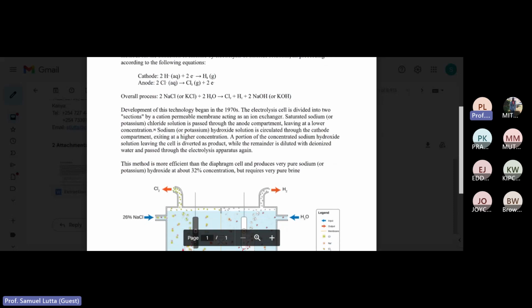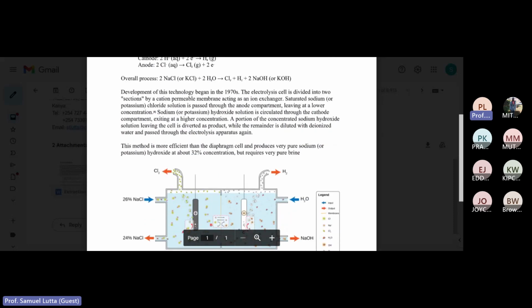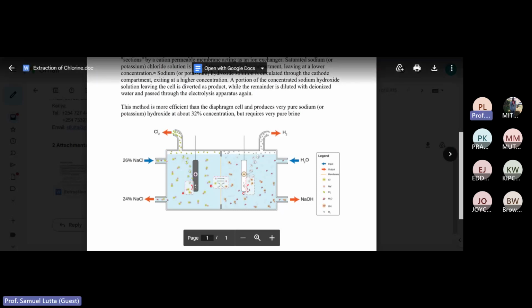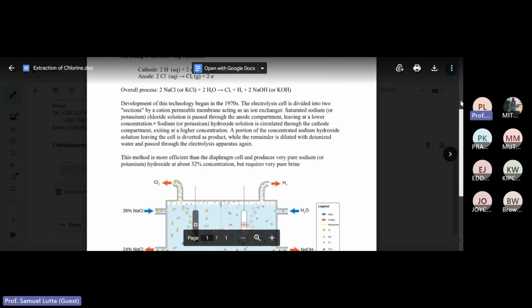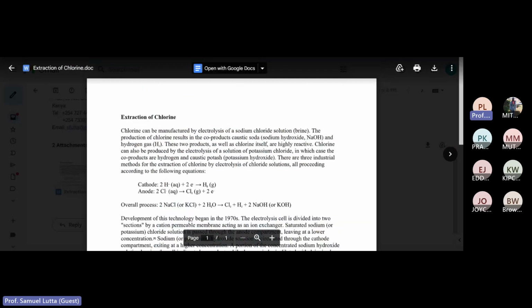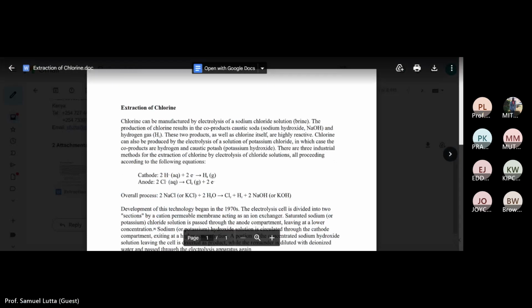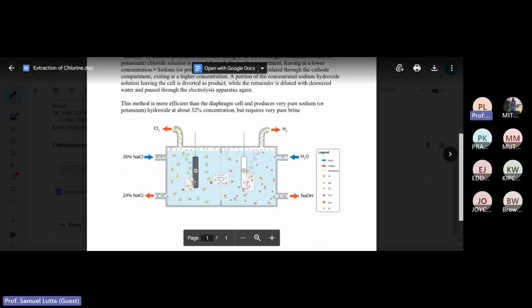And we need to know why chlorine. Why do we produce chlorine in large amounts? Remember, we said chlorine is used as a disinfectant to clean water. Chlorine is also used as an oxidizing agent. When you talk about sodium hypochlorite and other forms, we can get it from this. So this is how we extract chlorine as a gas. Chlorine as a gas is extracted through electrolysis of brine,